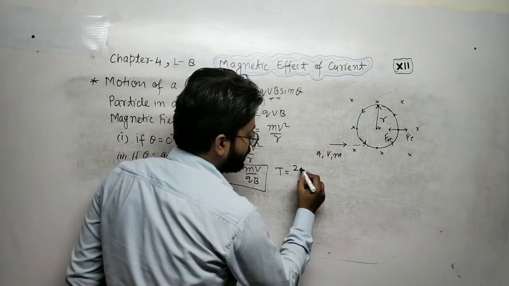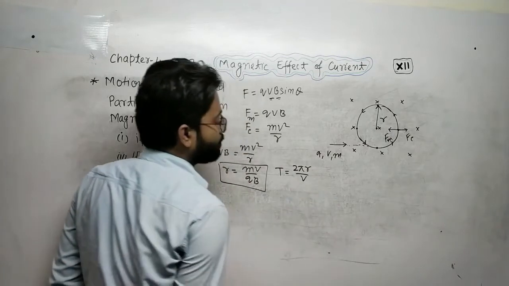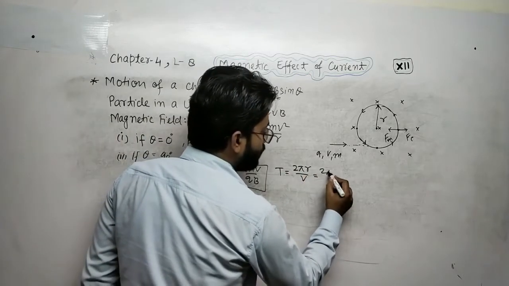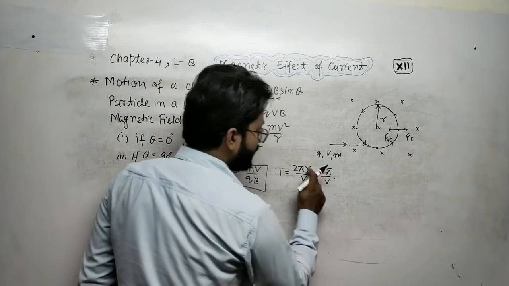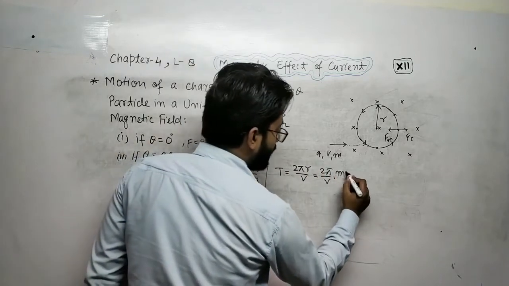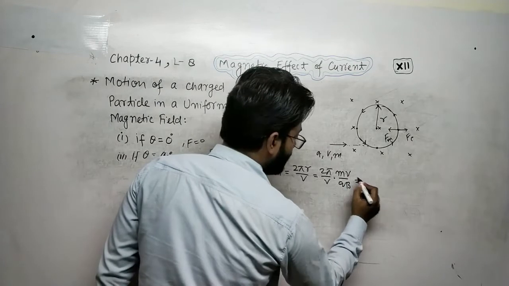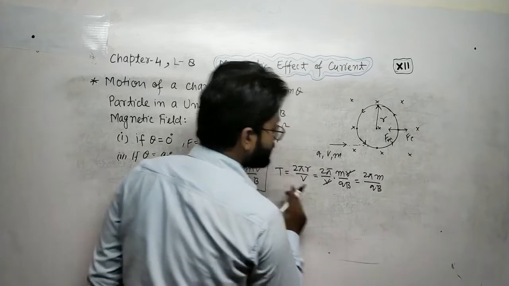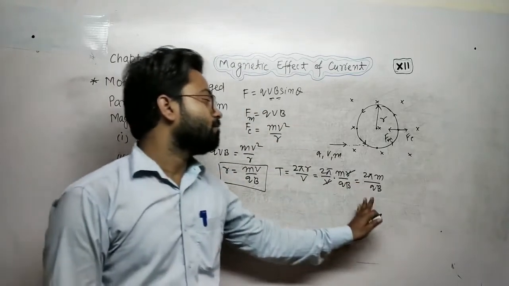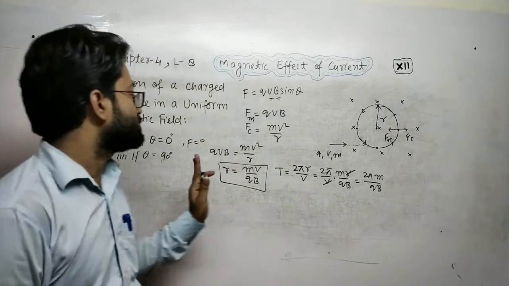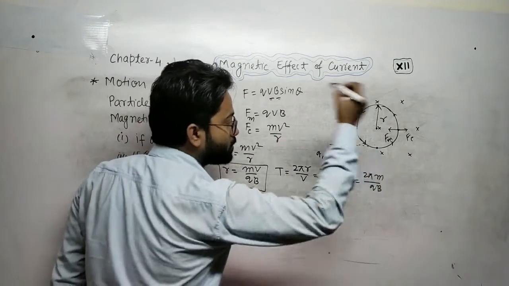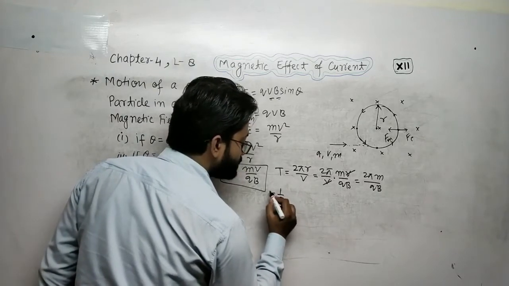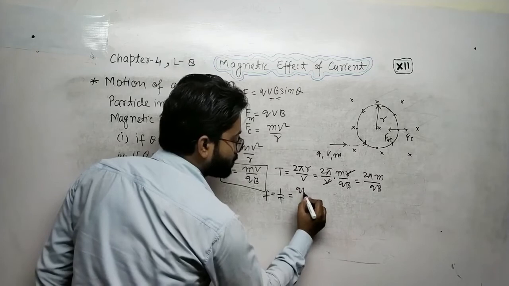You know that if the charged particle is in motion, T equals 2 pi r upon v. Velocity is equal to displacement upon time. The time period will be 2 pi r upon v. In place of r you can write mv upon qB. v cancels out, 2 pi m upon qB. This is the formula for the time period of the charged particle, means the time taken to complete one cycle in the uniform magnetic field. 1 upon T, you know that this is frequency, and this will be equal to qB upon 2 pi m. Hope you are getting it.